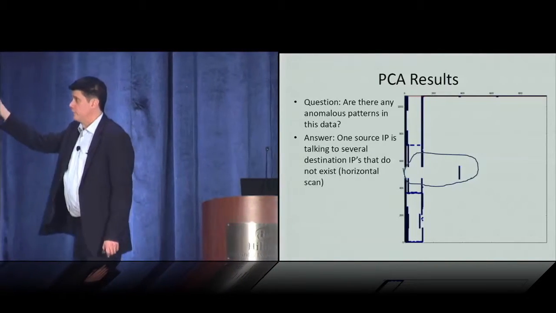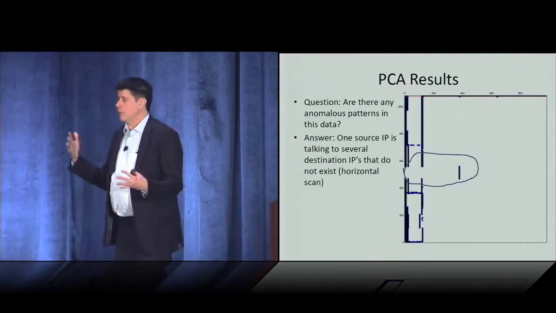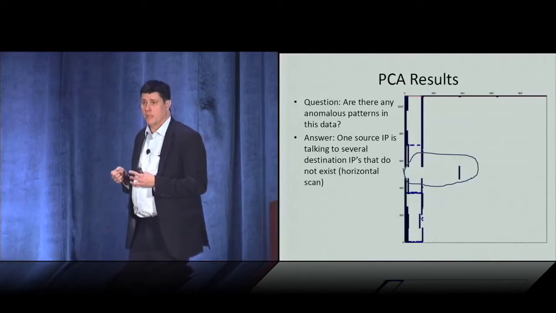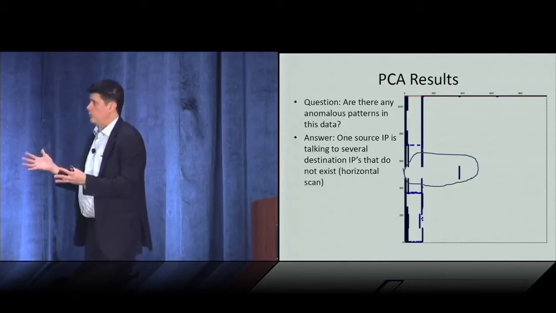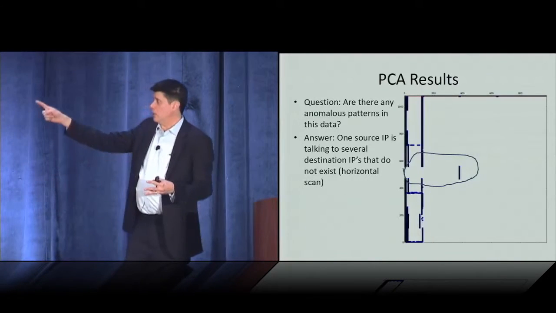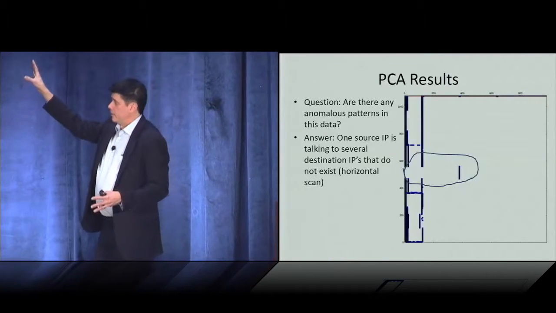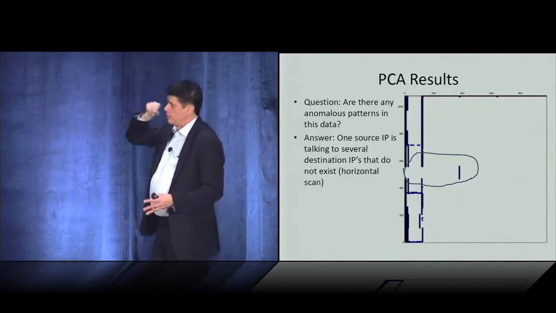But what we also found is that visually it really helps you understand what normal is and not normal in your network. In this particular example, you see a vertical bar off to the right. If you look at other normal depictions of this network, you don't see it sitting there by itself. If you notice over here on the left, this is all internet traffic, and you see kind of an unbroken line.